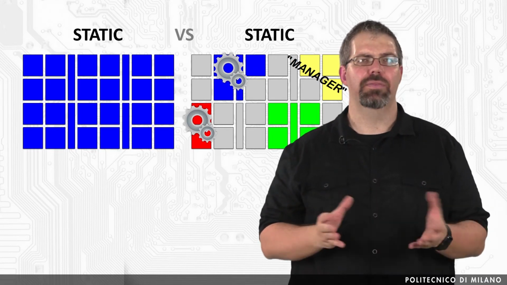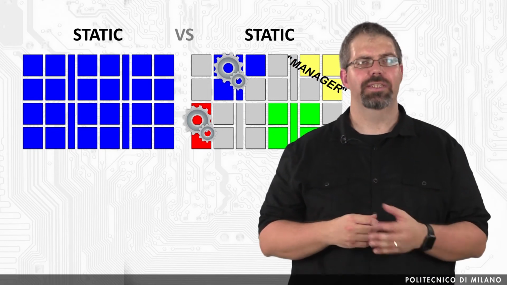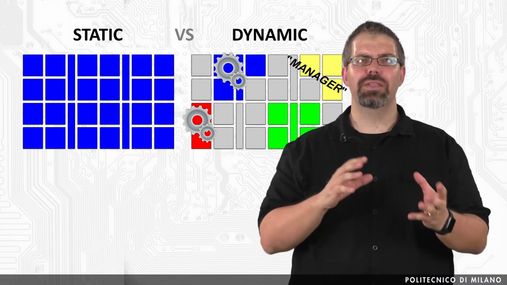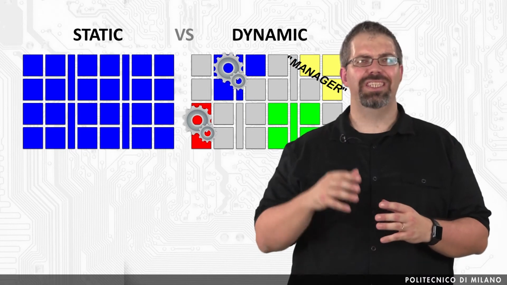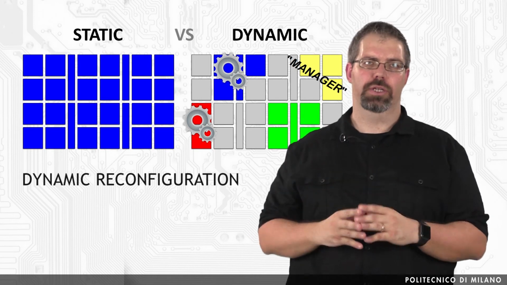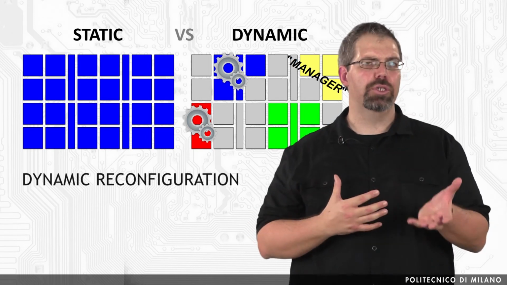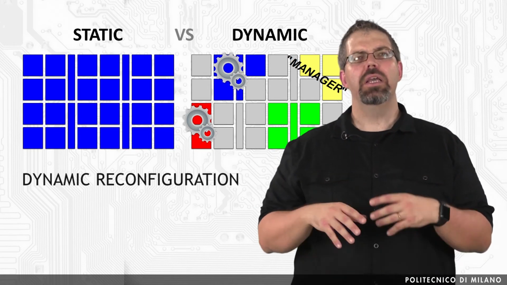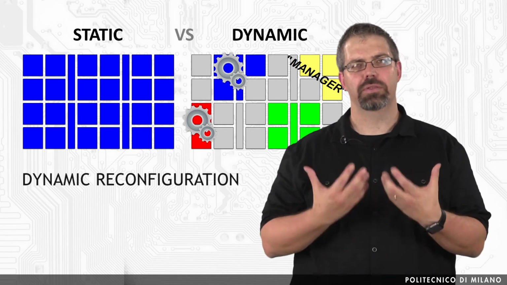Therefore, we can play with this information to try to design a system which will be able to leverage this. Still, because of the static scenario, we can try to reduce the reconfiguration time, but we cannot hide it, which is exactly why we are going to introduce dynamic reconfiguration. With such a scenario, the reconfiguration time of a portion of the FPGA is hidden by the computation of the remaining part. In order to be able to hide the reconfiguration time, it is not only necessary to partition the FPGA into a reconfigurable region